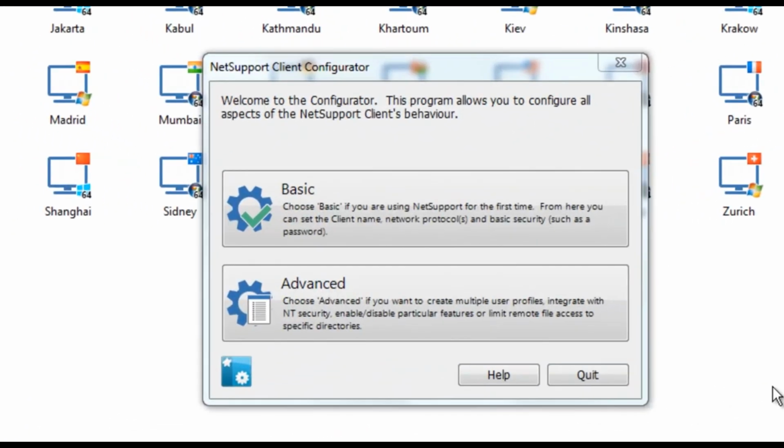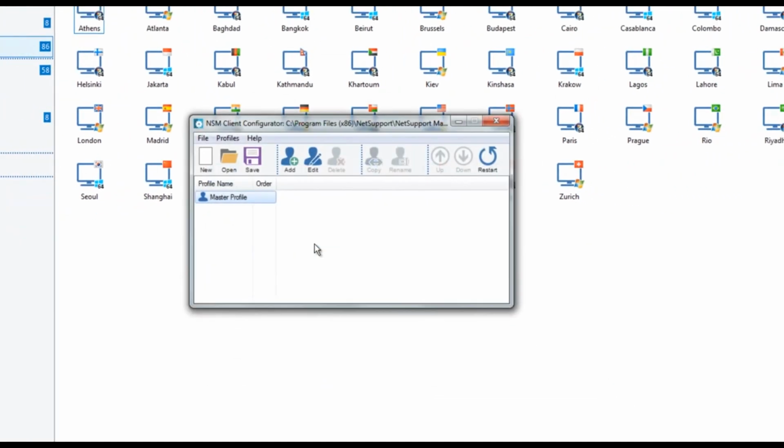Okay, from the NetSupport Manager program group, we've opened the client configurator, and you'll see you're presented with two options: our basic config, which allows you to simply set things like the client name and the protocol that you're going to be communicating over, or the advanced option that presents all of the configuration information available to NetSupport. So for the purpose of this quick walkthrough, we'll jump to the advanced tab, and you'll see that we have